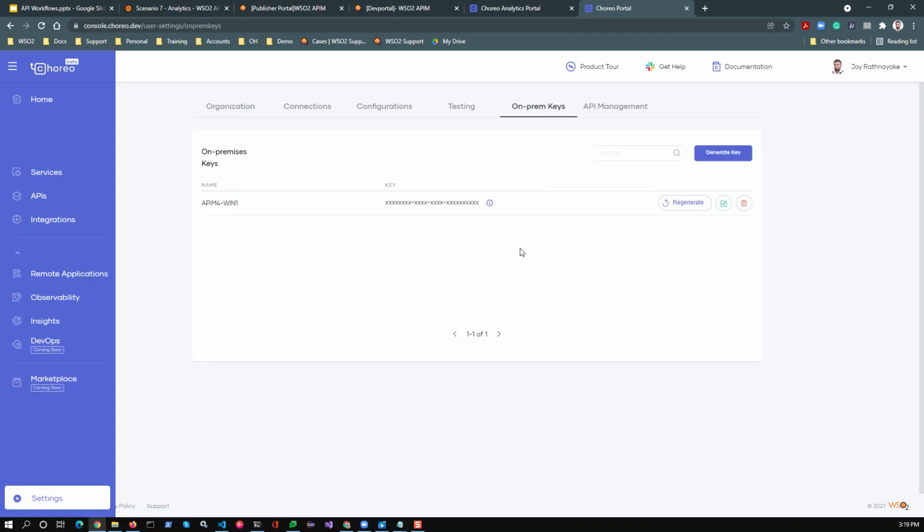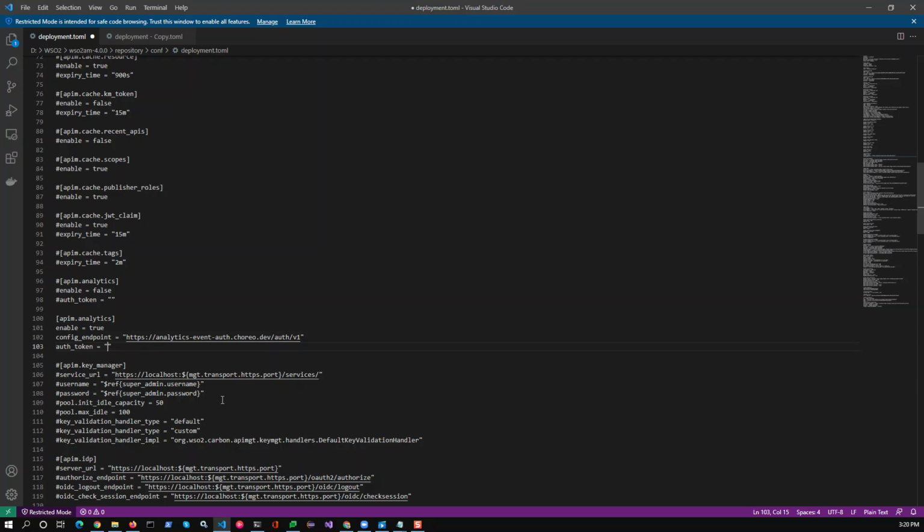The way it works is for each deployment, it could be a pre-production, it could be a production, depending on the environment, you can create and generate a new key, and you can copy and paste that key into your authorization token section over here.